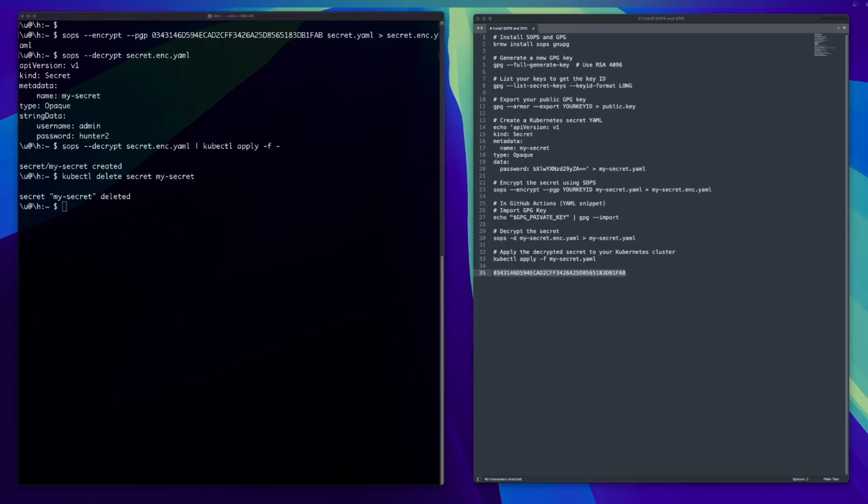And that's it. You now know how to use SOPS and GPG to safely store Kubernetes secrets, even in Git